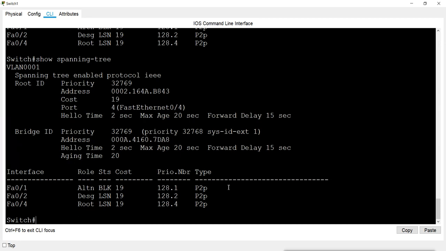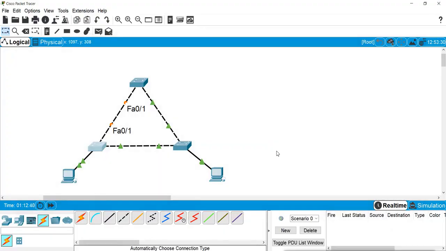Then it goes to the learning state, and then it will go to the forwarding state. Learning, and then it will go to forwarding state. So this is what spanning tree does, it blocks the loop ports.